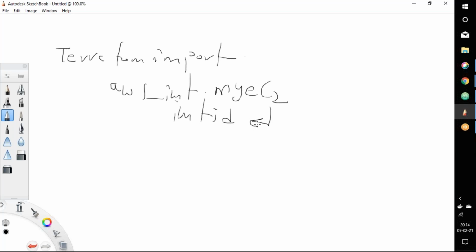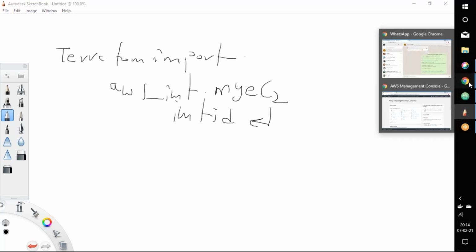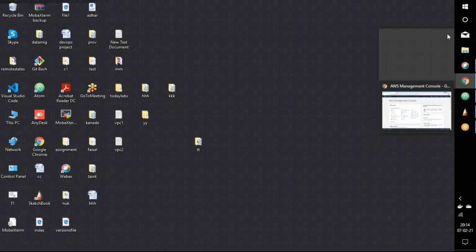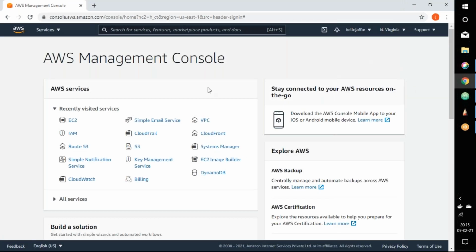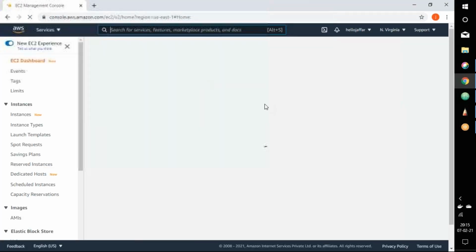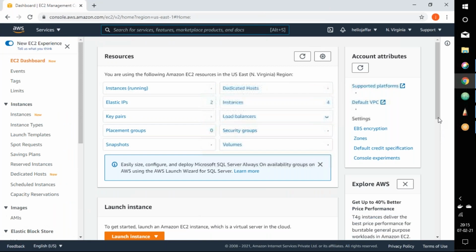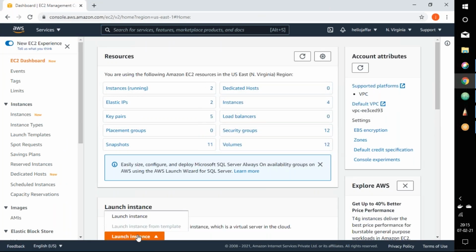That's the command. So let's go ahead and create the server, and we'll be importing the resources from that server. Let's go to EC2 and launch the instance.